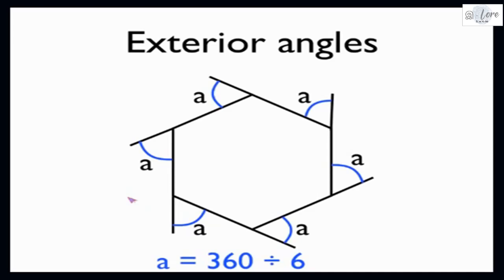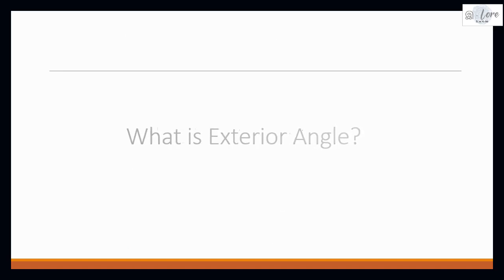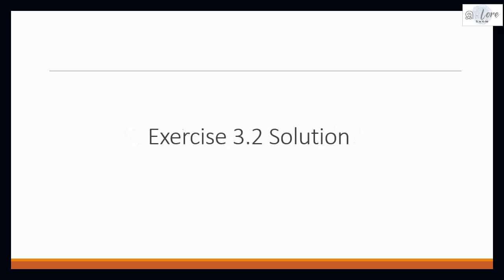It is a very simple concept to find the resultant of the exterior angle by the given sides. So students, just make sure about it. Now 360 divided by 6 will be 60 degree. So what is exterior angle? Just recall once. You got an idea about it? Good. Now we can come to the solutions.